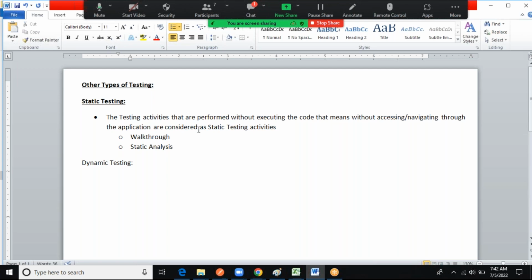After writing the test cases, how will you get confirmation? As I said, you need to send those test cases to someone to get them reviewed and get approval. Who is that? Business analyst again. Okay, not developer. Nowhere is the developer involved in our testing activities. So we will be sending those test cases to the product owner,